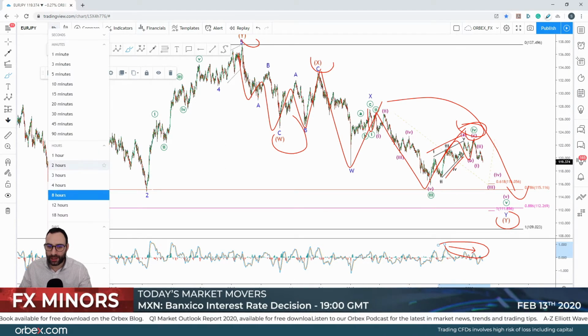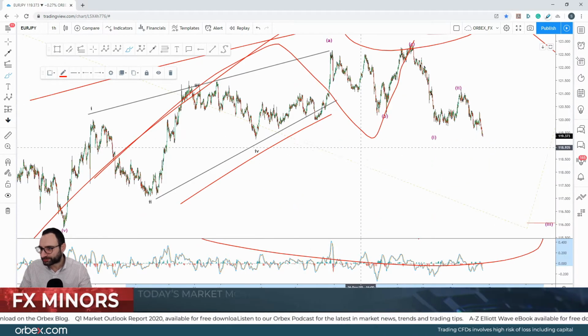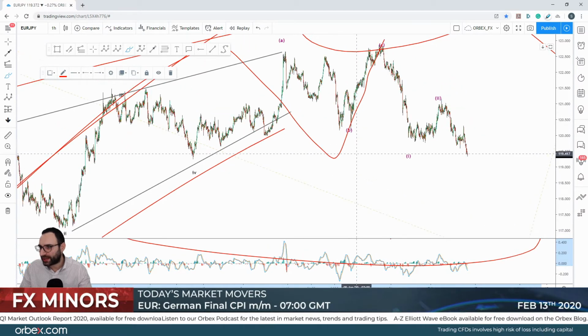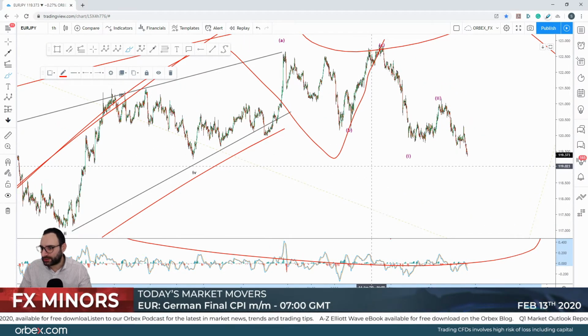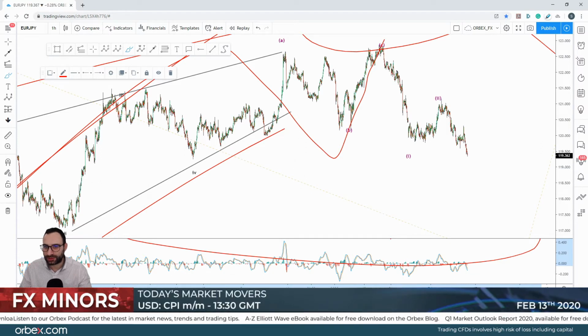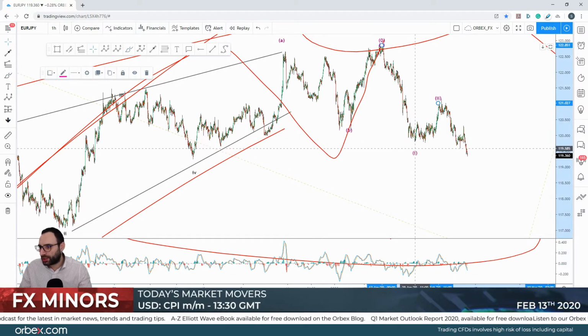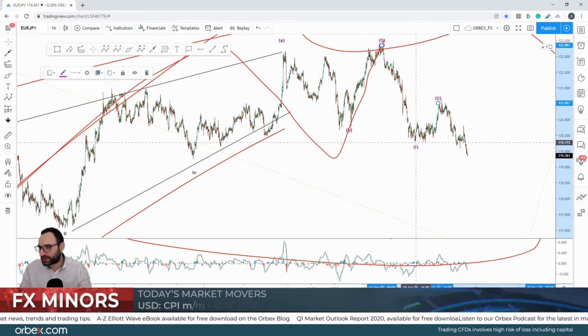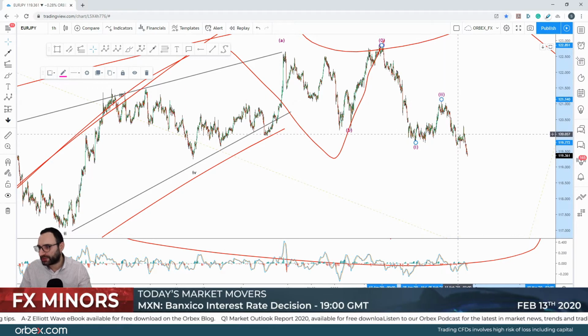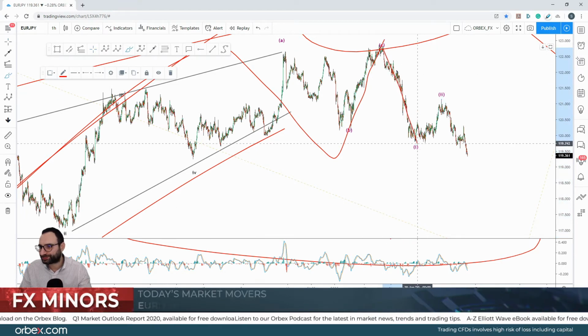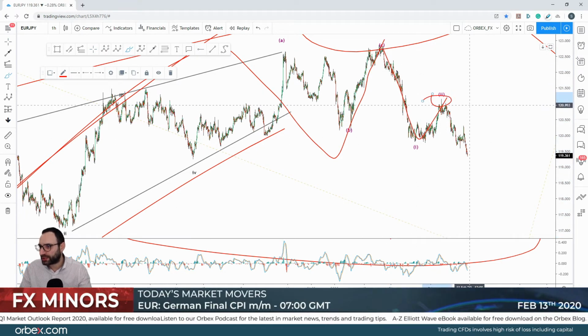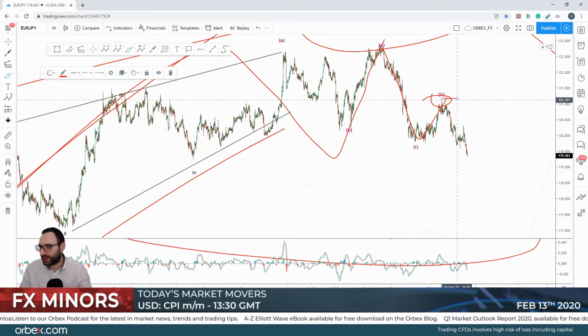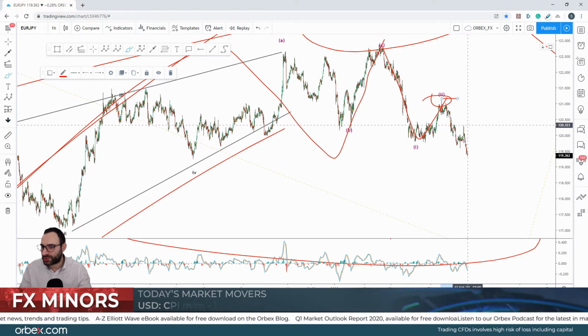Now, I'll take you down to the 1 hour so that we'll have a better idea of what I'm expecting at least to see in the short term, right? I see this, first of all, as a move to the downside. We've had the first move down, right, over here, and this is a correction. Now, this correction ended at the 121.17, and we are unrolling down again with an impulsive manner,